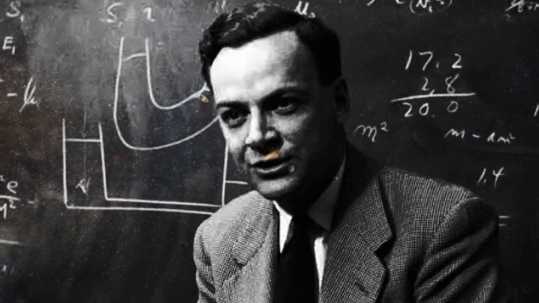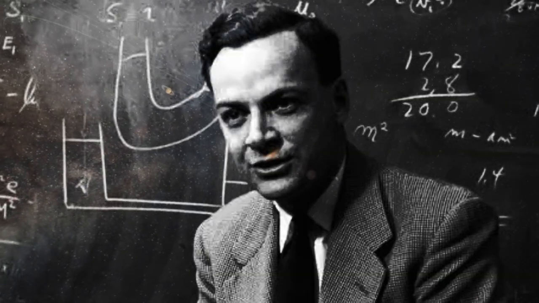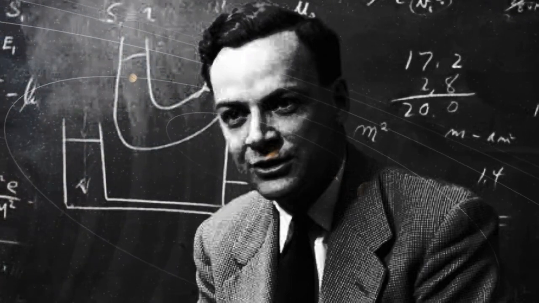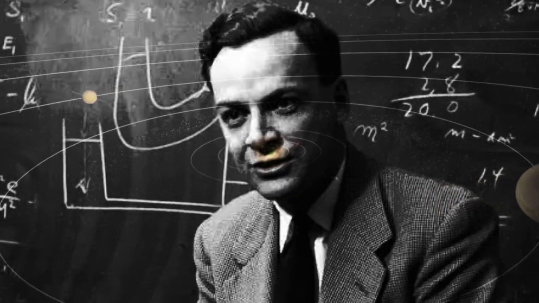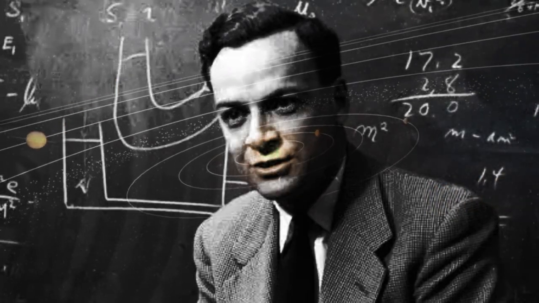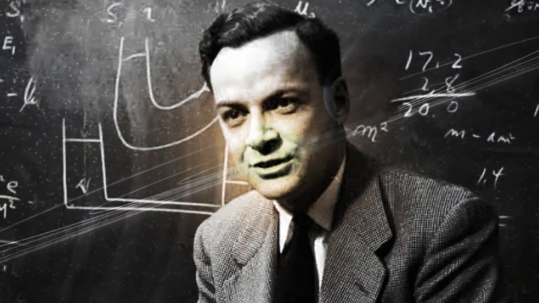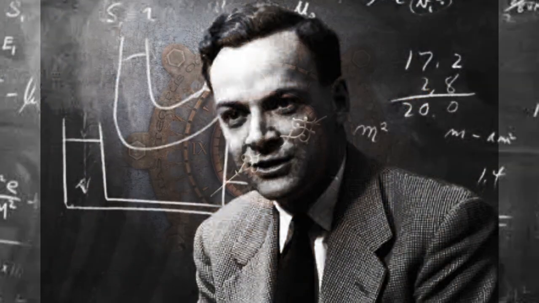Now, current is just charge flowing past a point per second. Half an amp means half a coulomb per second. Each electron carries about 1.6 times 10 to the minus 19 coulombs. So we can calculate how fast those electrons need to drift to move that much charge per second through that wire. The answer is approximately 0.003 centimeters per second. Let me put that differently. About 0.03 of a millimeter per second. A garden snail moves roughly 300 times faster.